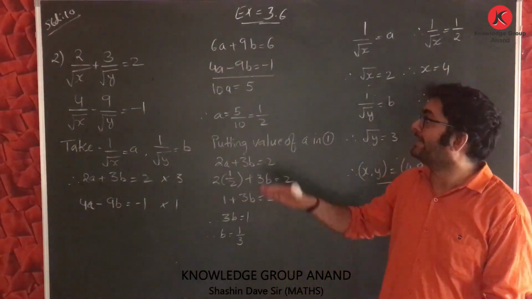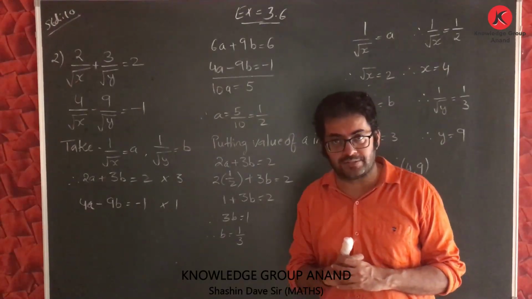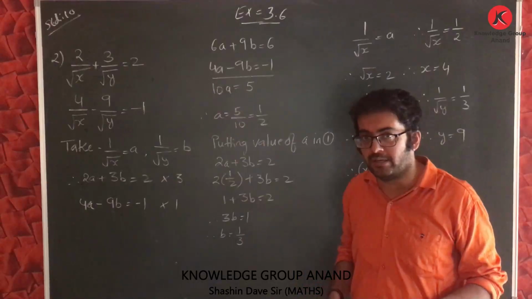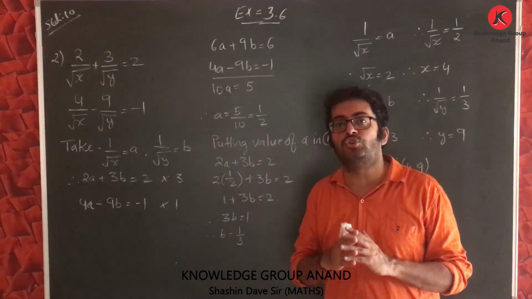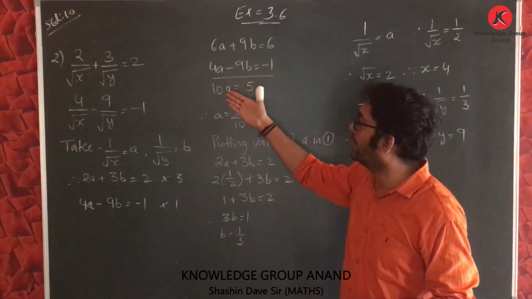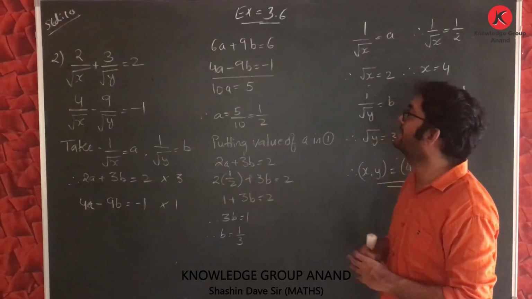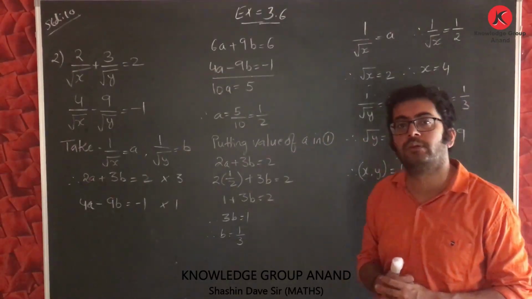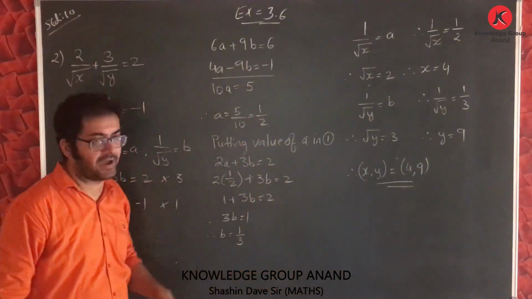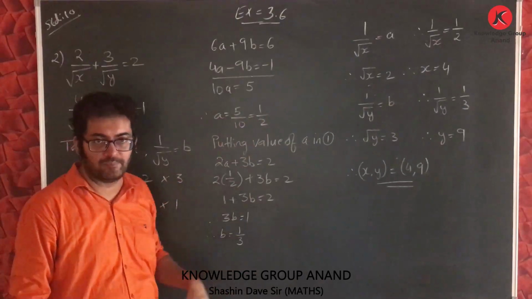As you can see, the coefficient of b is the same, that is 9, and the signs are also opposite. I have plus 9b and minus 9b, so there is no need to change the sign. So 6a plus 4a gives 10a. The part with b got eliminated and 6 minus 1 is 5. So in short, I have the value of 10a as 5. So value of a will be 5 by 10, that is 1 by 2.